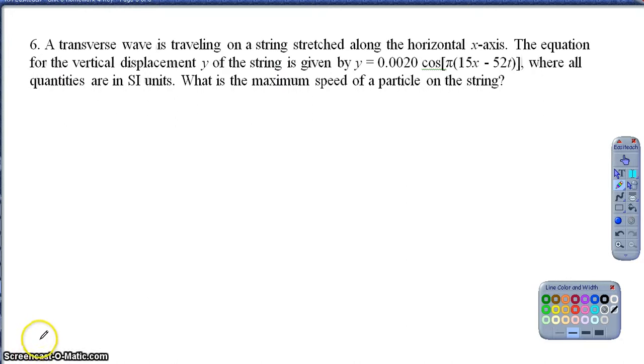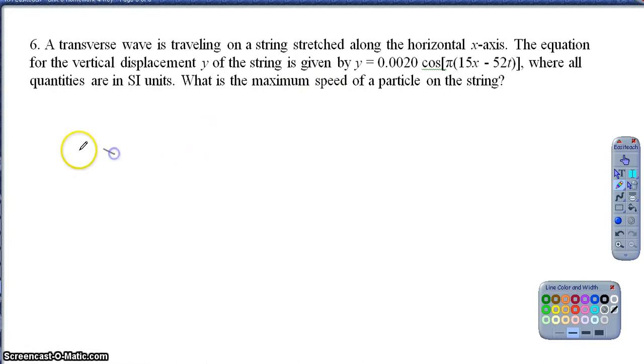Question 6 is also hopefully not too bad if you keep it simple here. At first it looks like it may be a lot of work. At first we're thinking maybe we're going to have to do the derivative to find the velocity function, and we would if they didn't ask for the maximum speed. But because they ask for the maximum speed of the particle on the string, we know that the maximum speed